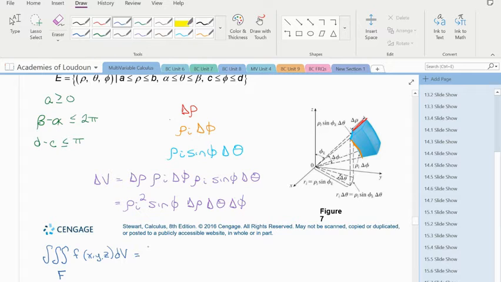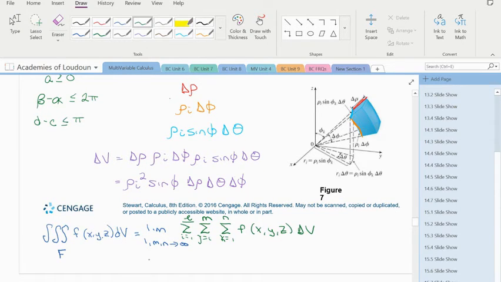is equal to our limit as L, M, and N all go to infinity of our summation from i equals 1 to L, j equals 1 to M, and k equals 1 to N, of our subpoints f of x, y, z, delta V,